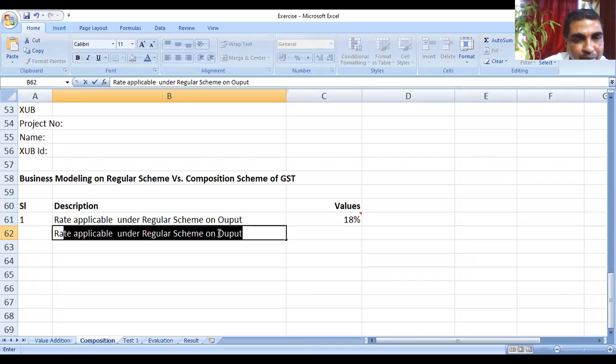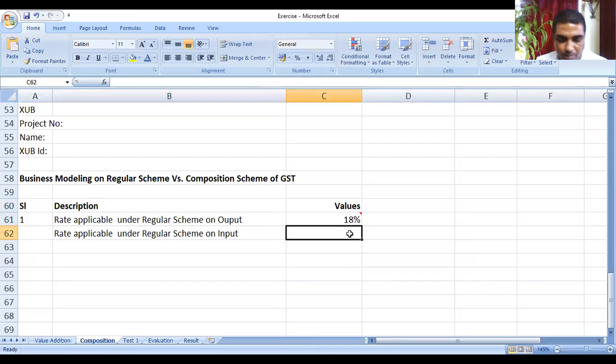Second, we'll do the rate applicable on scheme. Instead of output, we'll write input. Suppose we are purchasing something, so for input, what is the rate we'll be putting here? Now, here also, let us say input, in most of the cases the rate will also be 18%. Is it not? But here also we'll give a comment. How to know the rate? Here also we can refer to the schedule, or we can do one thing, we can refer to the invoice also. Is it not? Invoice rates will be there.